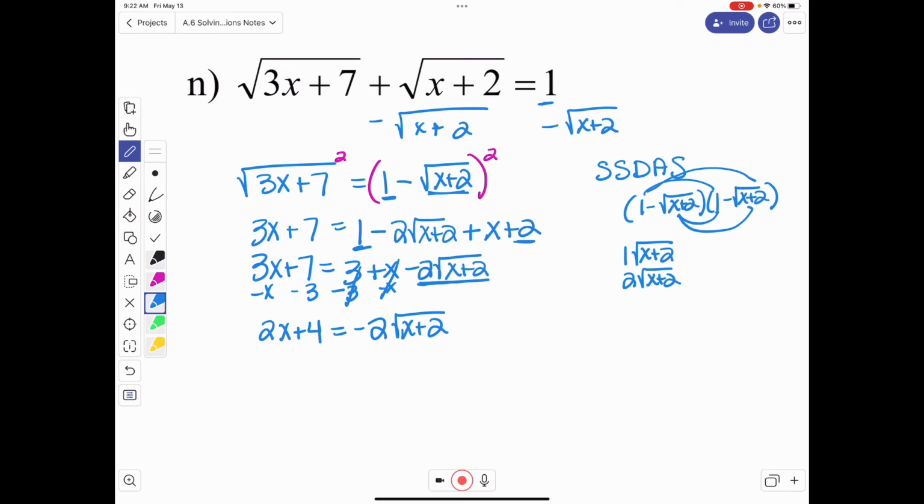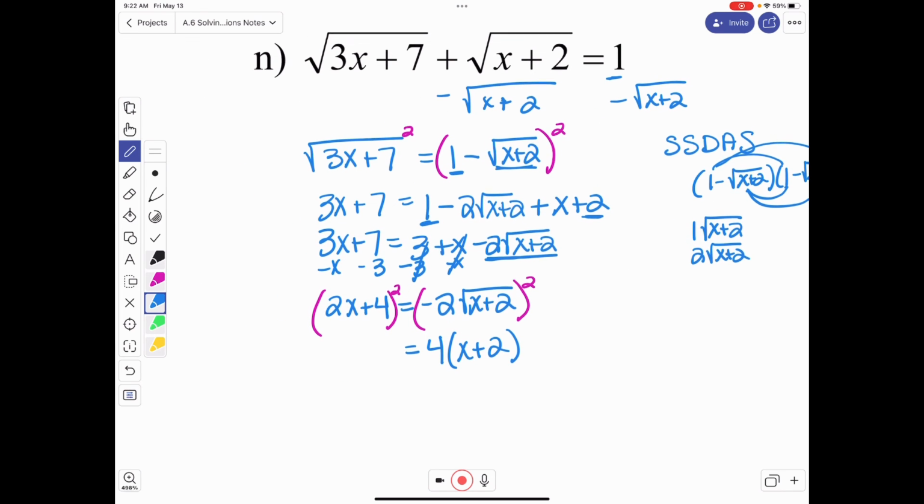So now we still got to get rid of this radical. I still can't do anything with that negative 2, but what we're going to do again, we're going to square it again. Okay? So if we square this again, what happens on this side? If you square the negative 2, it becomes a 4, and that becomes x plus 2 because the radical goes away. Okay? Now, again, if you square that,